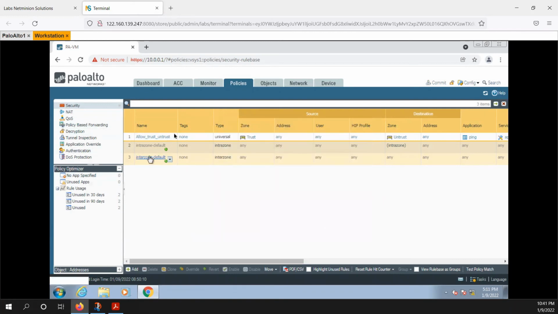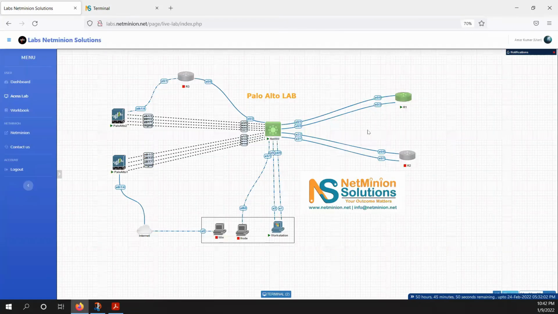Okay, so now my traffic is allowed. If I try to generate any test traffic from this workstation to this router, I can generate the traffic, but on the router, I don't have any configuration right now. So let's go on this router and assign some IP. For this interface, I would assign IP 100.0.0.10, and the default gateway for this router would be my firewall, which would be 100.0.0.1.